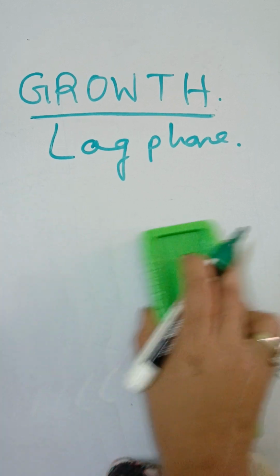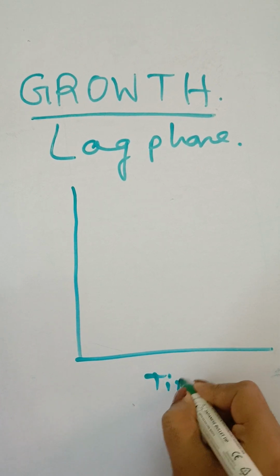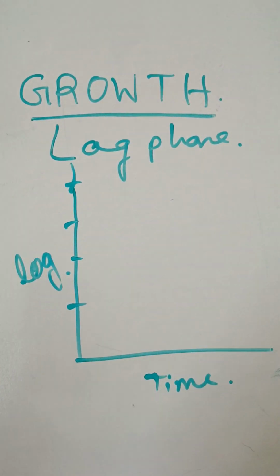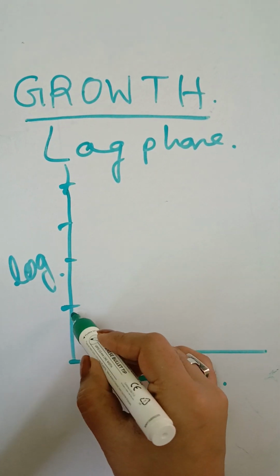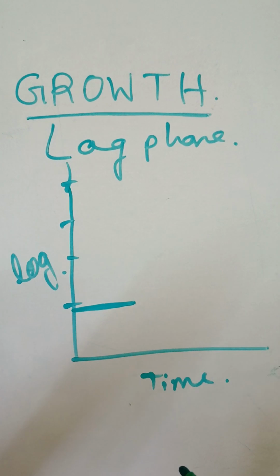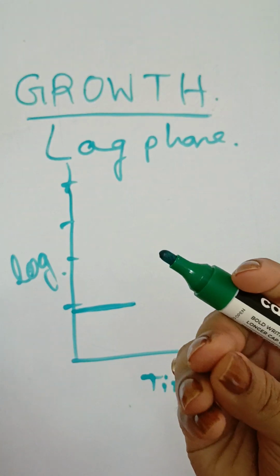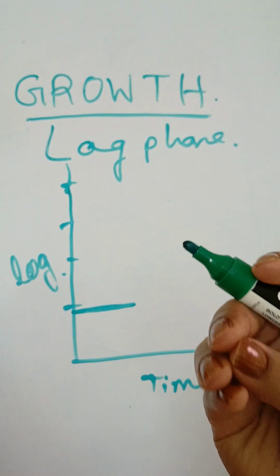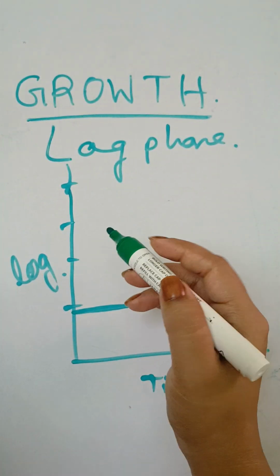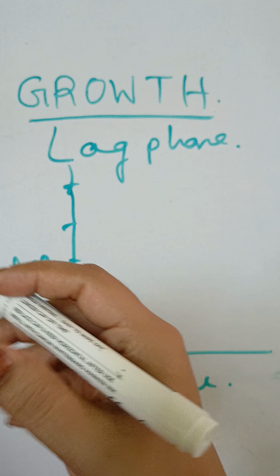Now come to the lag phase. What is the lag phase? How does it look if we want to draw it in the growth curve? This is time, and this is the log of the OD values, which we measure with the help of a spectrophotometer. So the lag phase usually looks like this. It starts like this. Why? In the lag phase, there is basically a lag when we introduce any bacteria, mainly a pure culture of E. coli. If we introduce it into a nutrient broth medium, then first it will need time to adapt